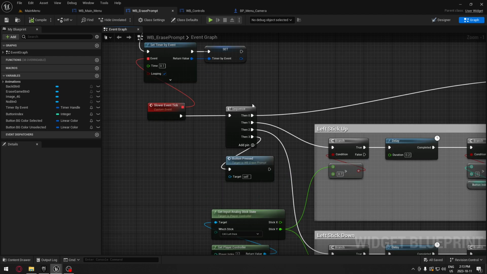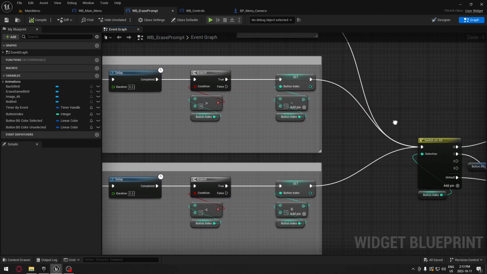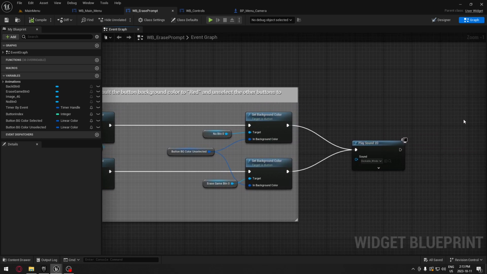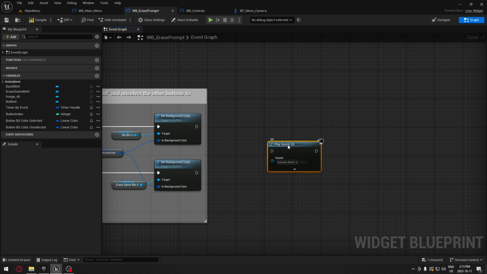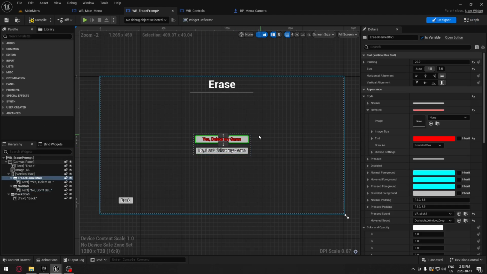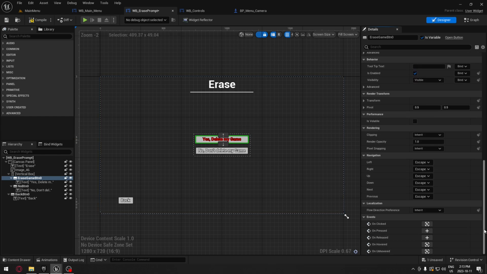Oh, right here. There we go. So after we select all of that and play the sound, so we're going to play the sound just after. We're going to be over on erase. So we have over on erase. So we're going to go to designer tab here, or this one here. We're going to select this button. We're going to go all the way down. And we have over. On over, we're going to click on that,